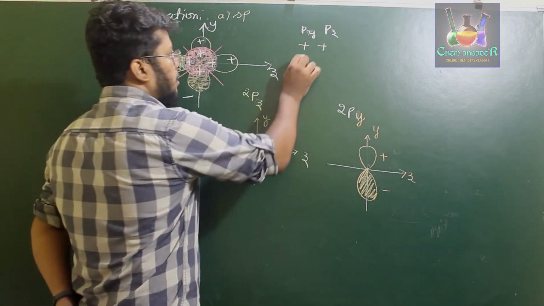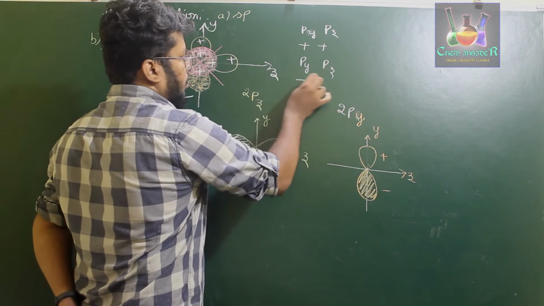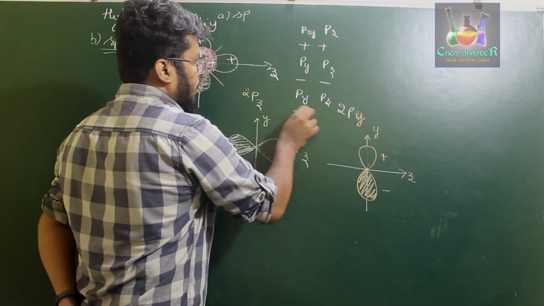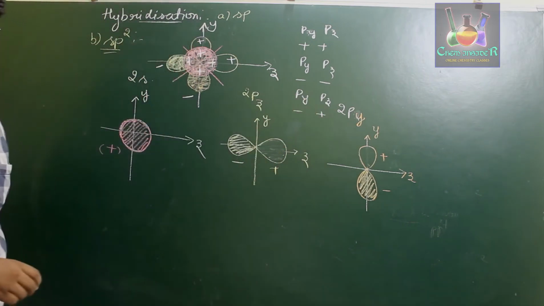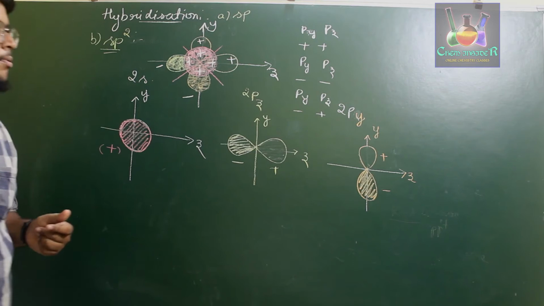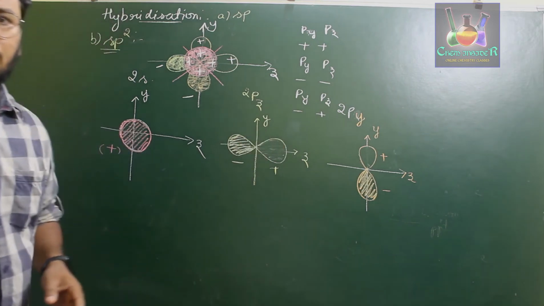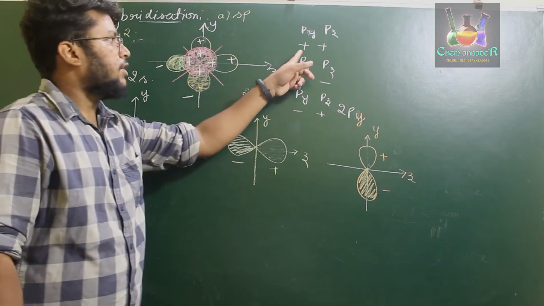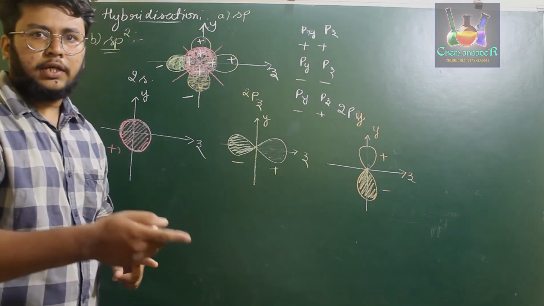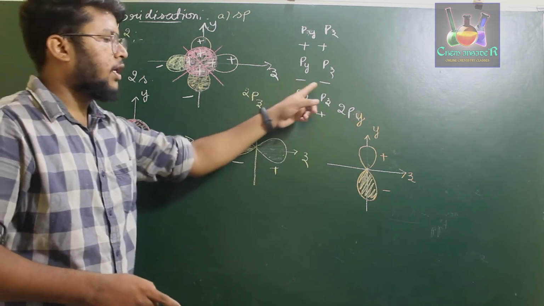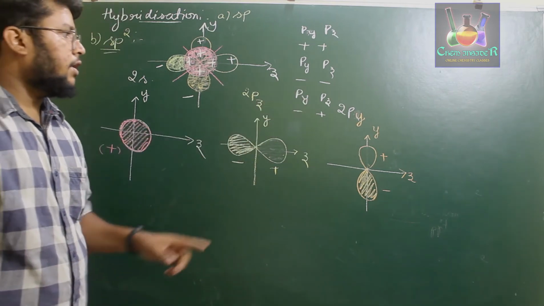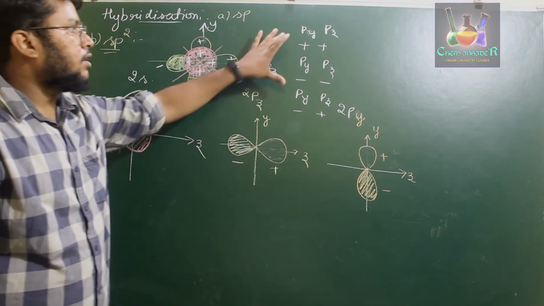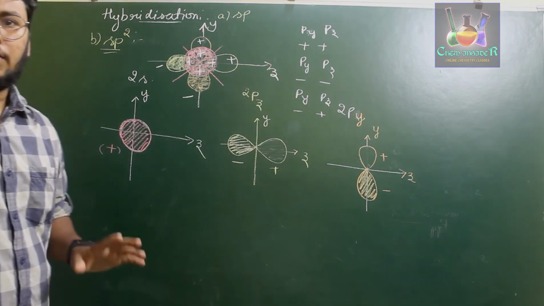In the other case, py and pz will be both negative, and in one case, one of them will be positive and one of them will be negative, in this particular order. So when you treat the s orbital with these lobes of px, py and pz, in which case if it is both positive, it will be in one particular direction. In one case it will be both negative, in a different direction. And in one case, one of them will be positive and the other negative. So therefore, we will be forming three sp2 hybrid orbitals.